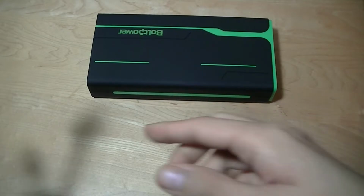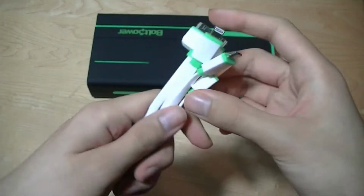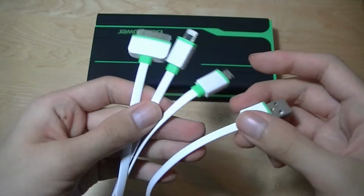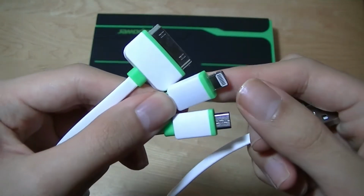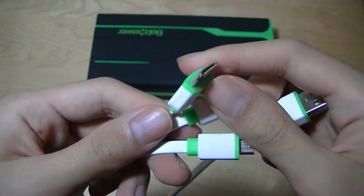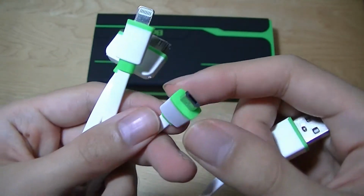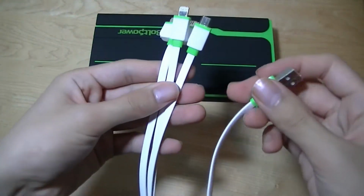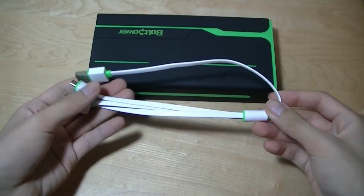One additional accessory that you'll get in the box that I didn't show earlier was this multifunction charging cable. So it plugs into the USB port on the bank, and otherwise we have 3 leads, so you can charge 3 devices at the same time. There's a lightning adapter for newer iPhones and iPads. There's a 30-pin connector if you still have one of the older iPads or phones, and finally there is a micro USB cable for charging most Android tablets and computers. It's a flat ribbon wire, so it prevents tangling and has actually a pretty unique design that matches the color